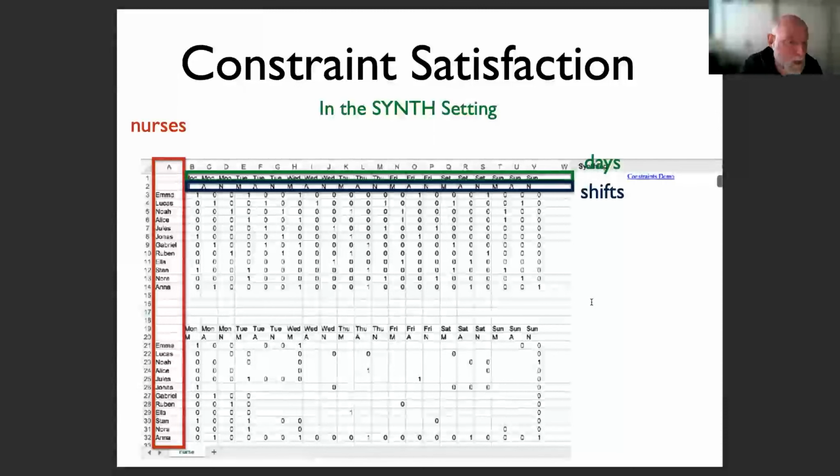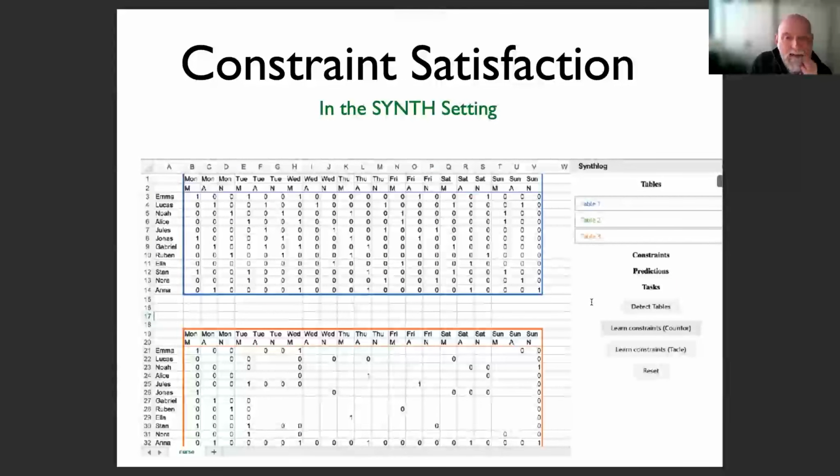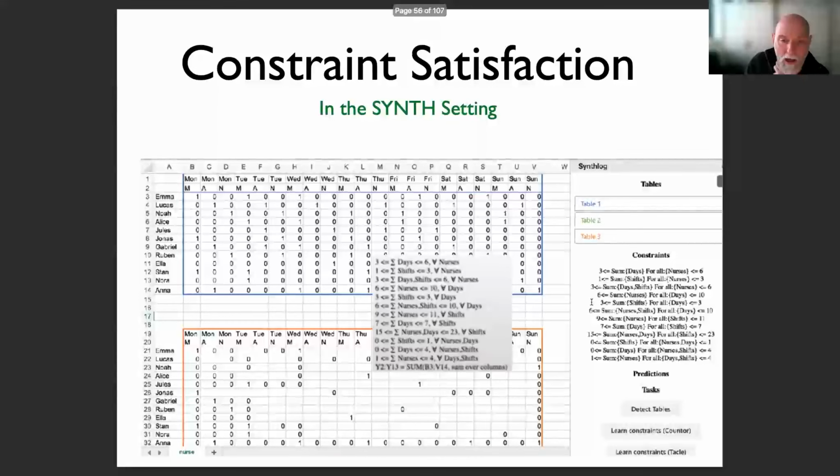Here you've got one schema of this nurse rostering, where on the top there are days, and then we have shifts, like morning and afternoon shifts, and night shifts. We have the nurses, and the bottom is the new schedule that the head nurse needs to produce. The top one is that of the past performance of the past months. And the question then is, can you, in a sense, learn constraints there that will allow you to fill out that table in a meaningful manner?